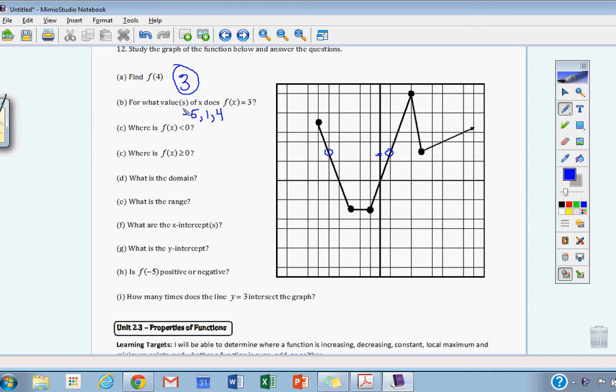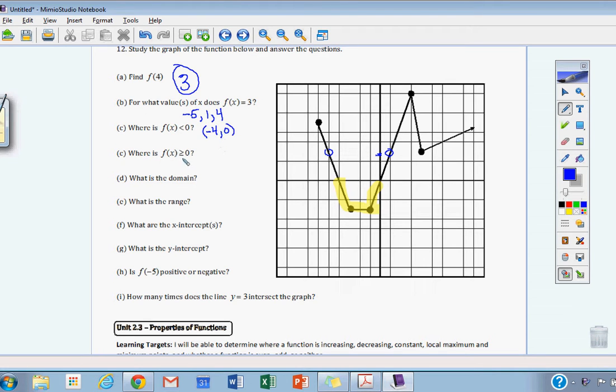Okay, then where is the function actually less than 0? The actual function is the y value. So when you look at this, basically right here, all the way to here, every spot on the function there, we have a y value less than 0. Obviously not on the x-axis there. So what you got to understand is, what does that mean? It's not just 2 spots, it's an interval. So that would be from -4 as an x value all the way to 0, not including those 2 points,